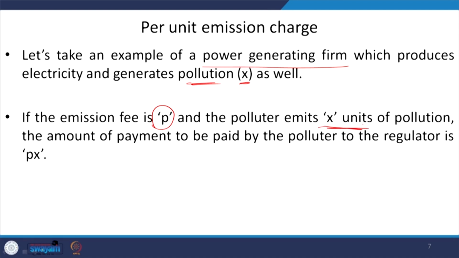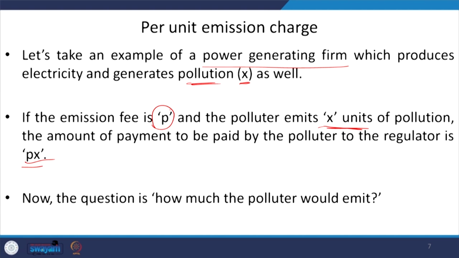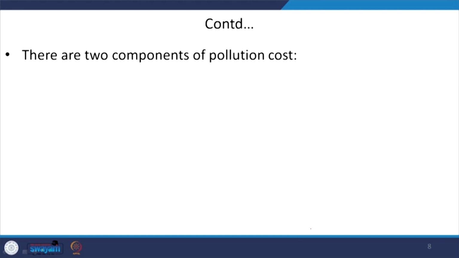So, the tax bill that is to be paid by this power generating farm to the regulator is Px, price multiplied by quantity. This is the simple one. But now the question is how much the polluter would emit. Although we have some idea from the Pigouvian tax, we will explore by explaining the concepts of marginal saving and marginal cost. For explaining this question, we will be talking about the components of pollution